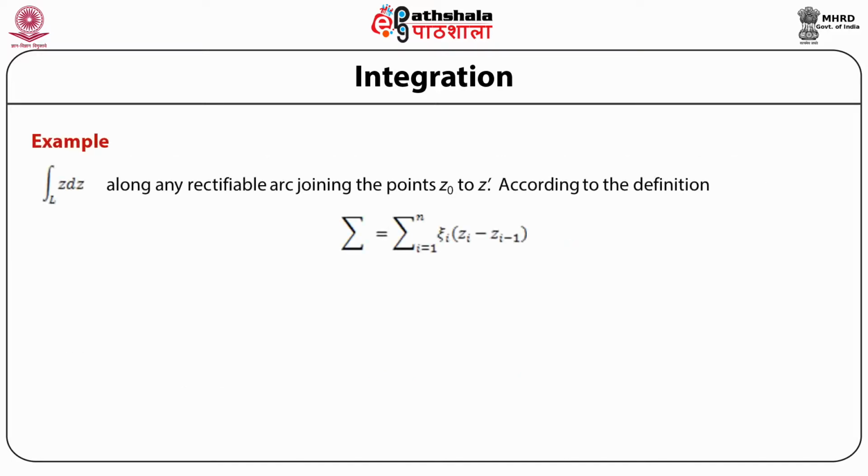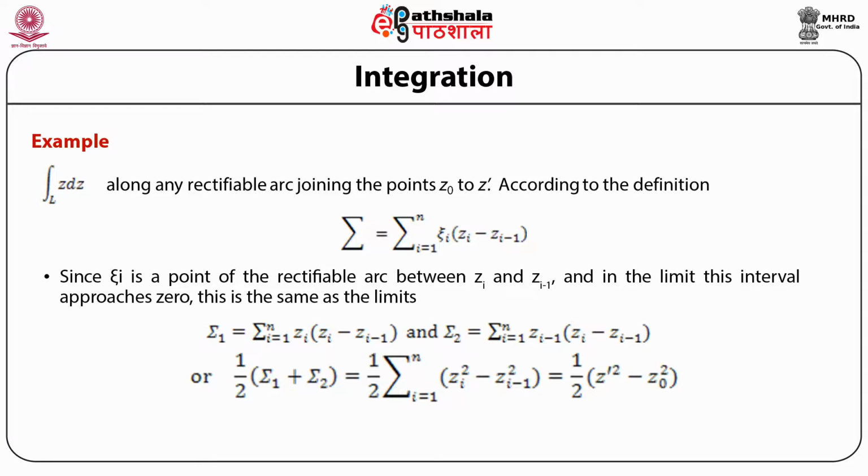Let us see an example and try to find out the integral along L of z dz along any rectifiable arc joining the points z0 to z'. According to the definition, the summation equals the sum over i equals 1 to n of xi_i times (z_i minus z_{i-1}), since xi_i is a point of the rectifiable arc between z_i and z_{i-1}, and in the limit this interval approaches 0. This is the same as the limit of summation 1 equals the sum over i equals 1 to n of z_i into (z_i